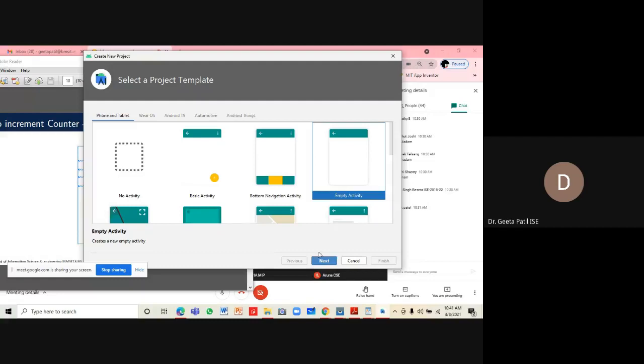With empty activity, I'm selecting empty activity. People, if you have got resources with you, please do it in parallel. And if you want me to stop somewhere, let me know about it. Okay. So next,